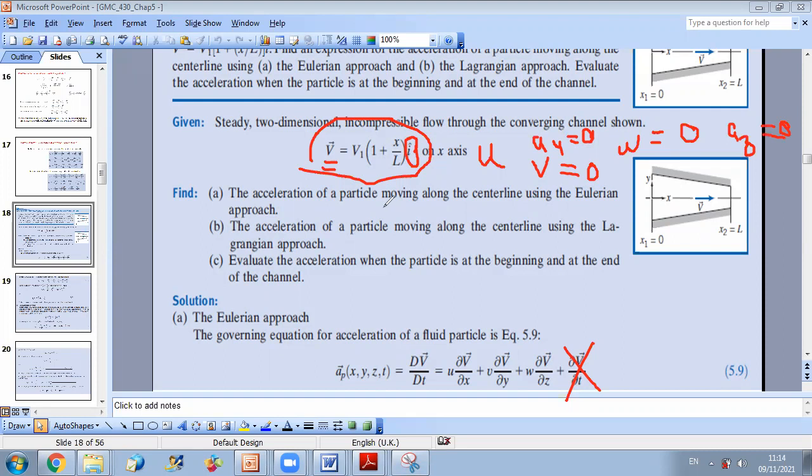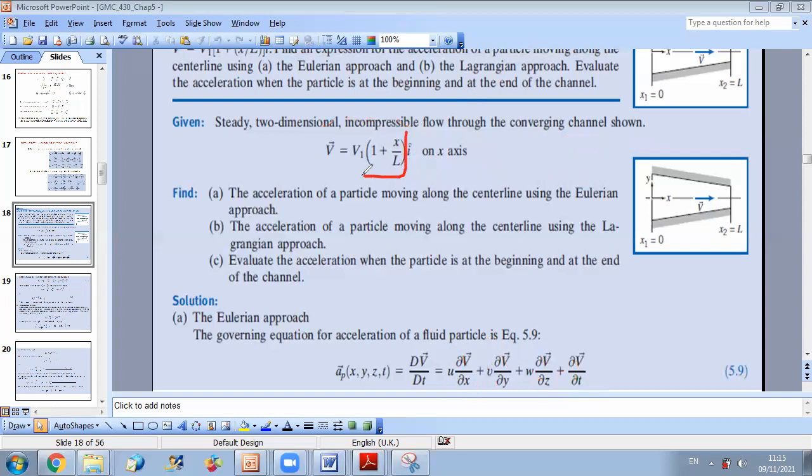Okay, so to get ax, we just have to say that ax is u del u by del x plus v del u by del y plus w del u by del z. But since v and w are 0, these terms are 0. So in this example, the acceleration along x is restricted to u del u by del x. So all I have to do is to compute what is del u by del x. This is u. u is the component along i. If you derive u with respect to x, you have del u by del x